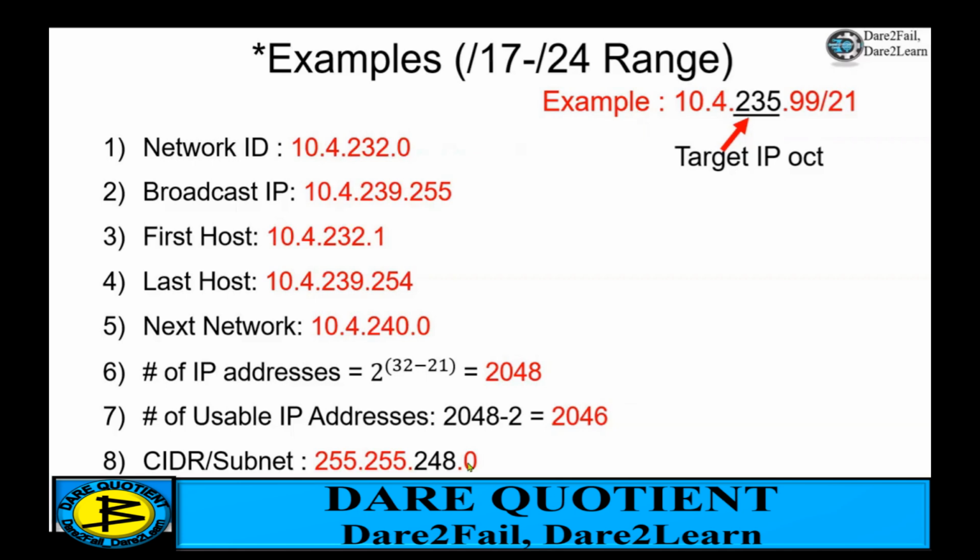So from here we have our next network and our network ID attributes. Broadcast IP is the last IP before the next network. Remember, if this is 0 and this is this, to get to this one, that means we had a 256 and a 239 for this to become 240 and a 0. As such, we do not put a 256 on our network. So as such, our broadcast IP is